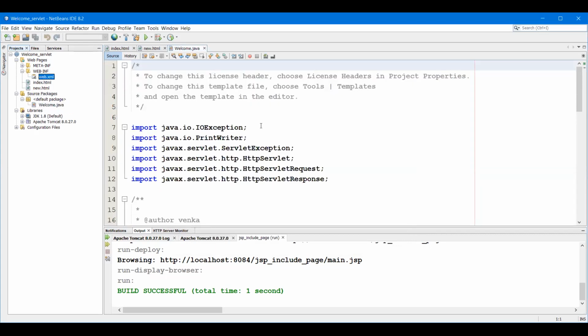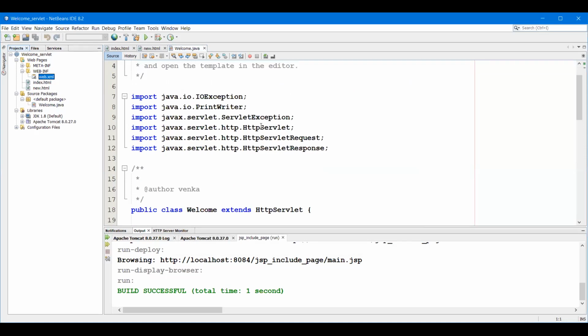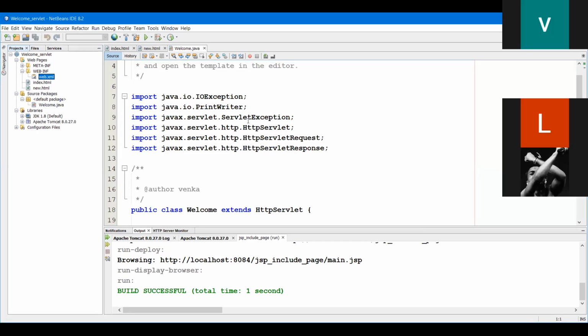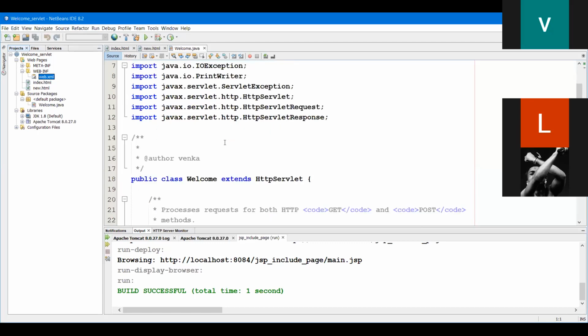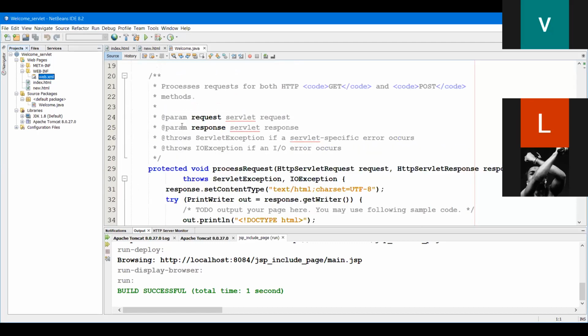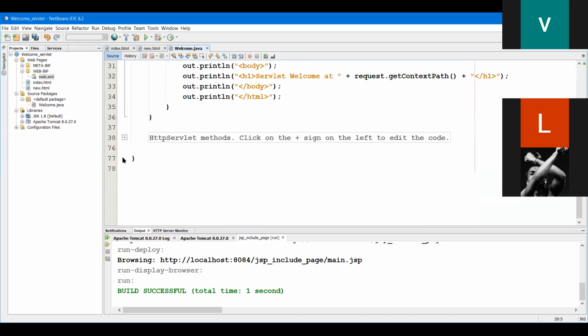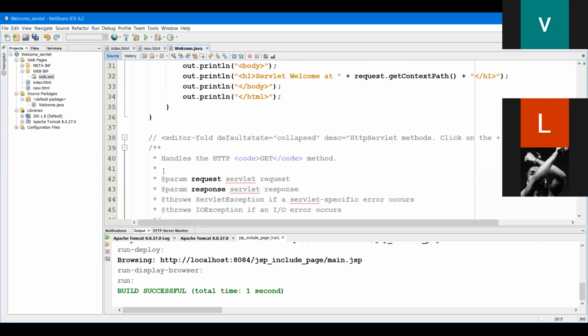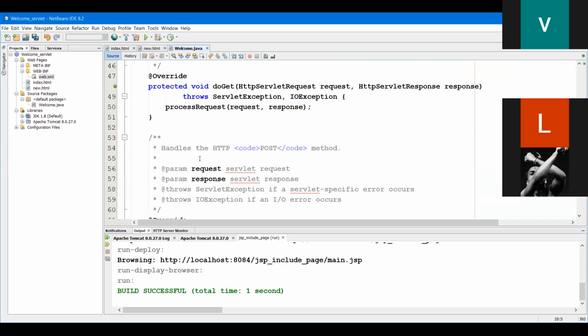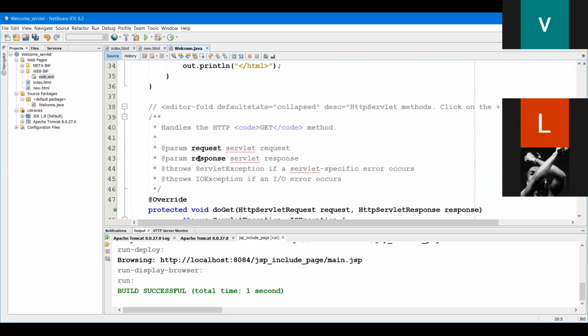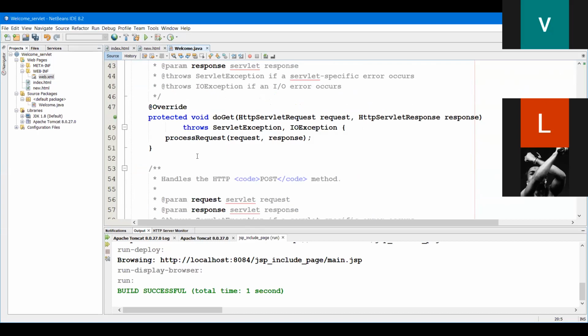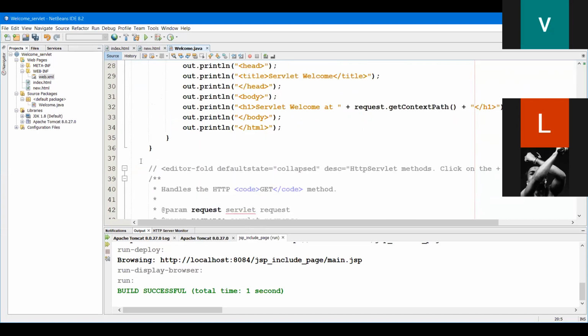If you observe here, the web.xml file is automatically created. By default it will include some packages that are useful for us. Now, in the servlet program, if you want you can remove this one, otherwise there is no need to remove it. That is your wish.